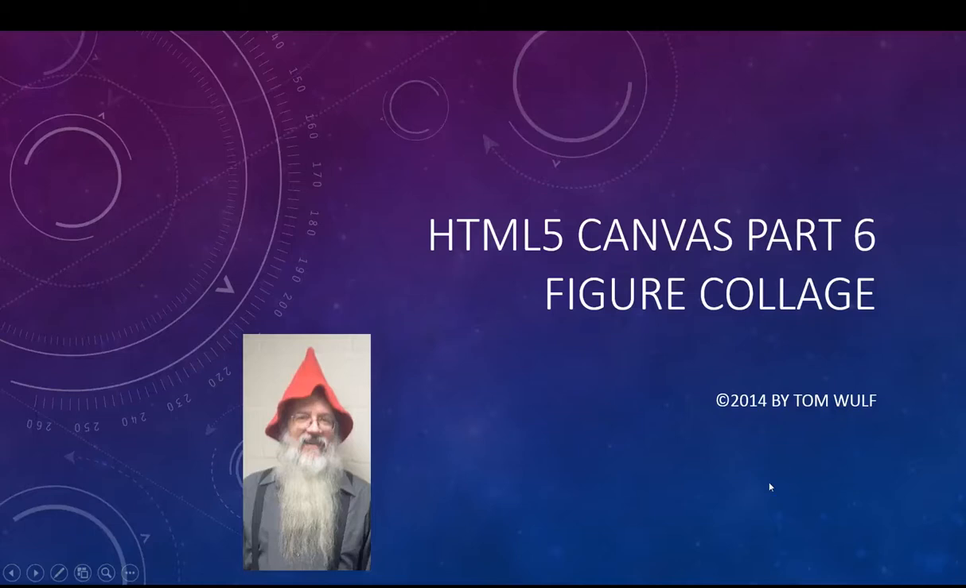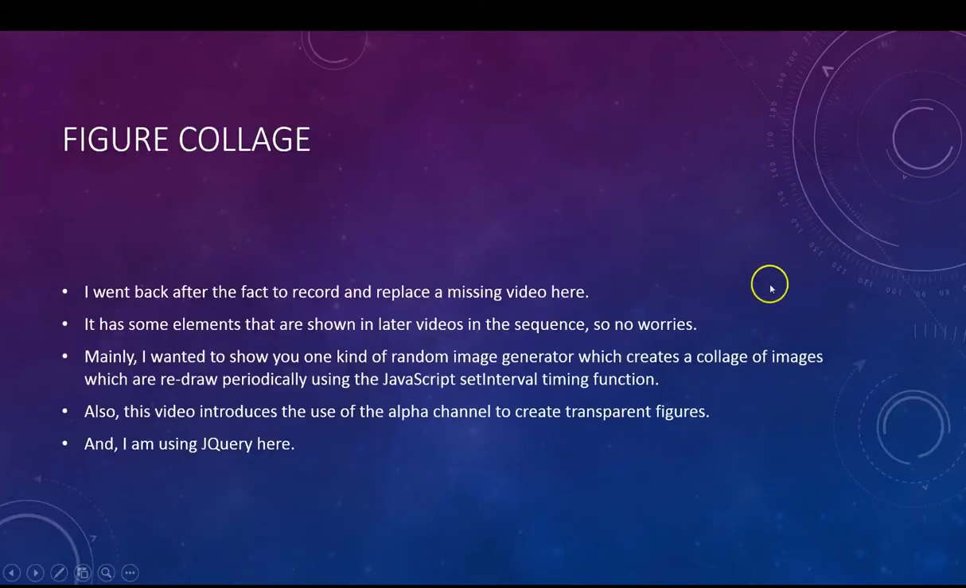So I'm recording this video out of sequence. Apparently it got lost or something happened with the recording. I'm going to show you how to use a figure collage here. It has some things that you'll see later on in the later videos, but don't worry about that because they'll